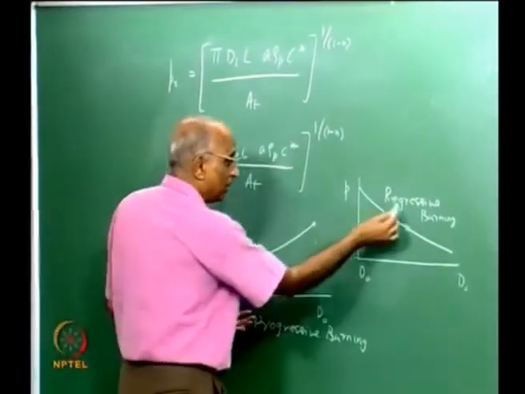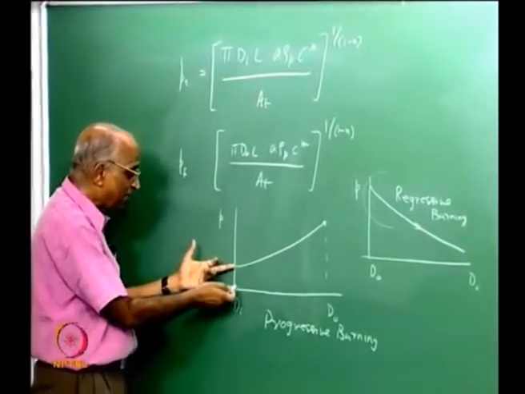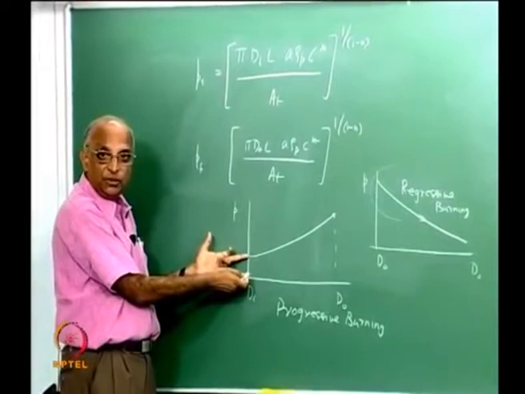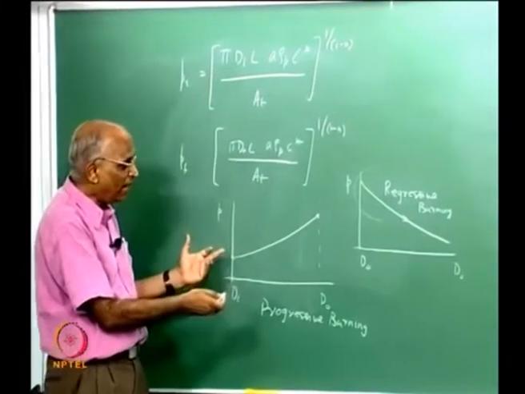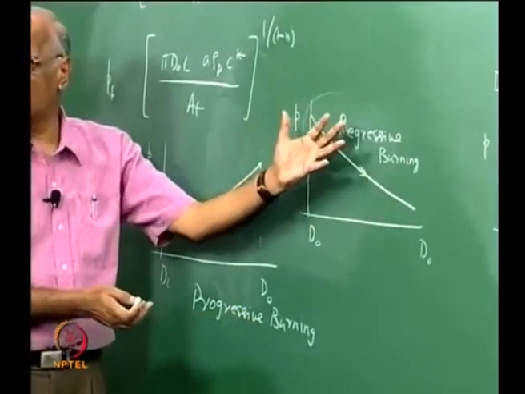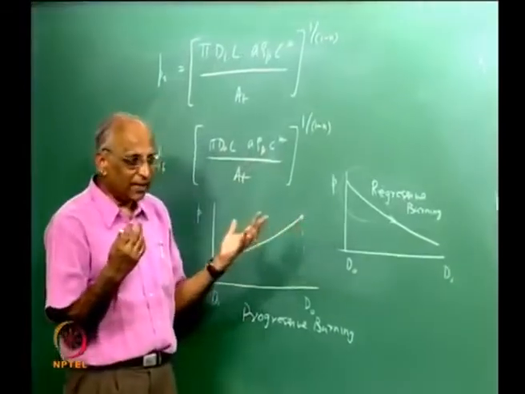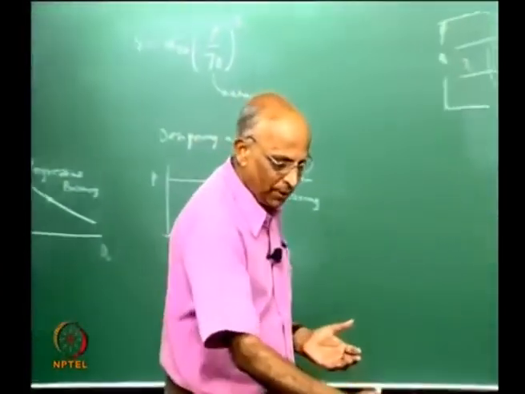Therefore, maybe something like this might be better than this, because when the rocket goes up its mass is higher. I cannot expect it to go with a higher acceleration at the beginning itself. Therefore, we have to somehow balance what type of burning is required for a given system, and that is where we go into some shapes, when we give these shapes to the